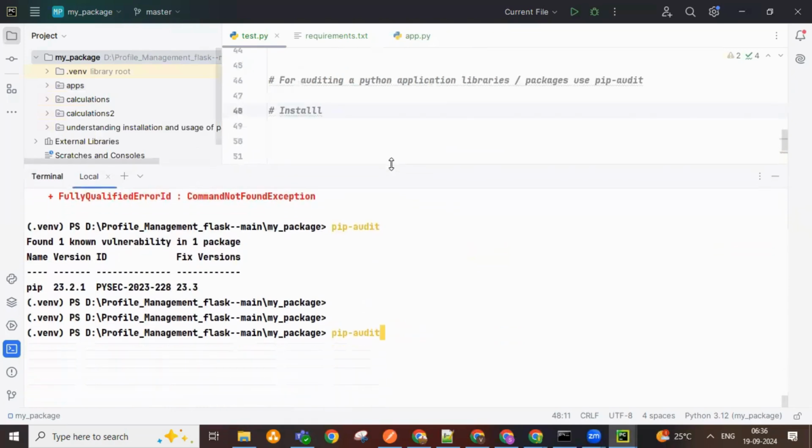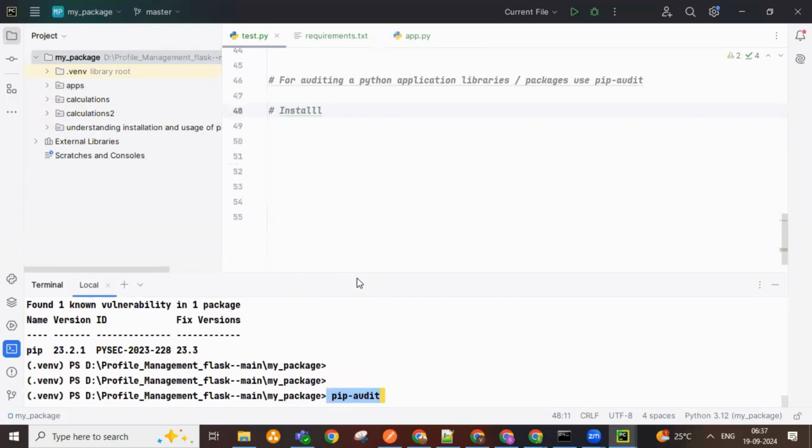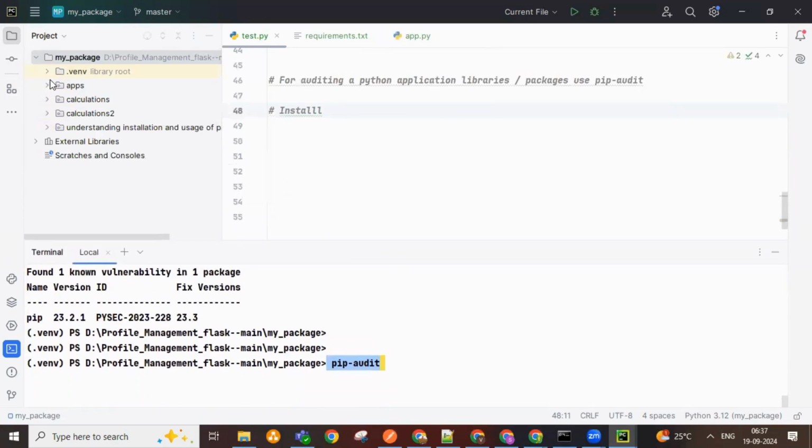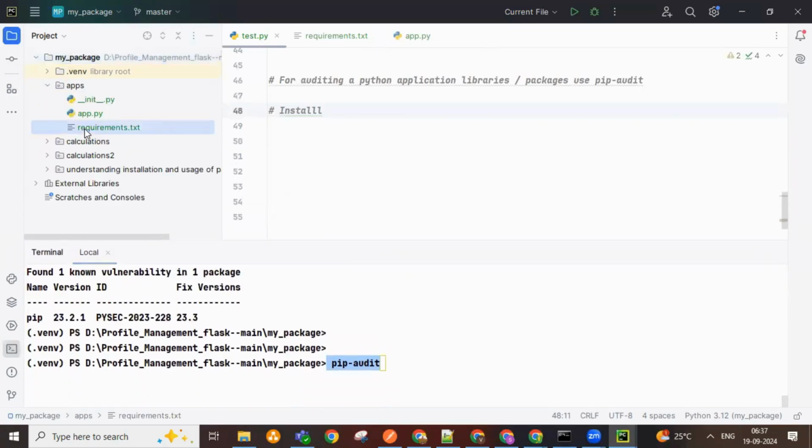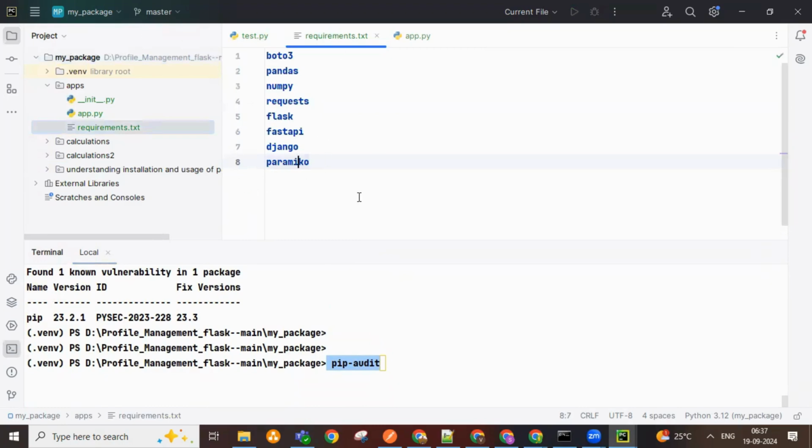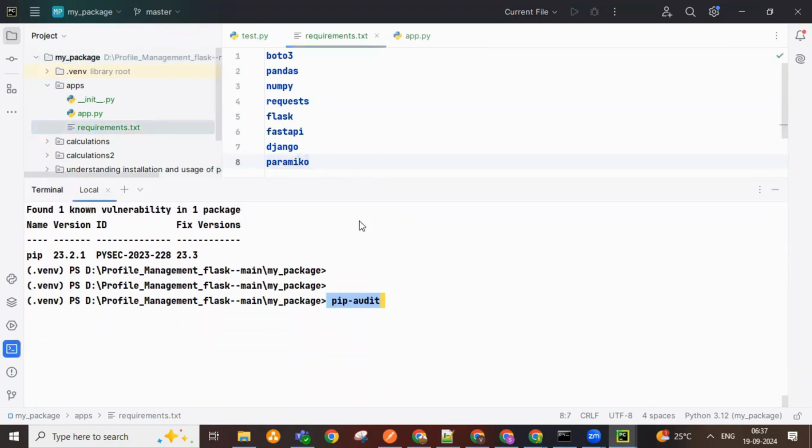So in real time, how we do this, right? When it comes to auditing, this would do a general audit of the installed libraries, right? But what is our case? What we do is we install through the requirements file, right? This is a file. Did you get it? In real time we don't do it like that, so this can be used for troubleshooting purposes generally to check the vulnerabilities, but in real time,